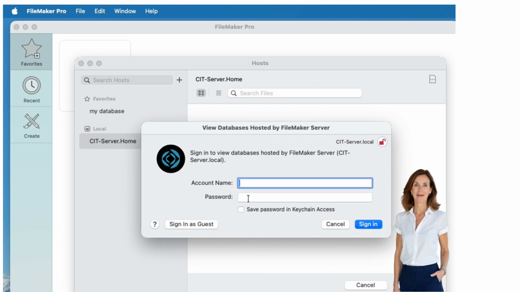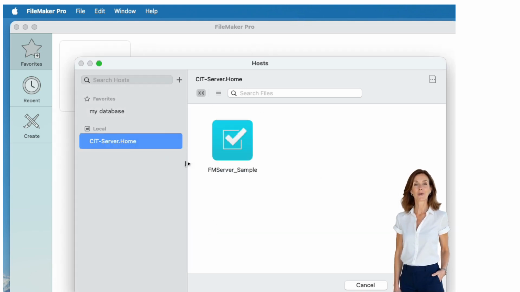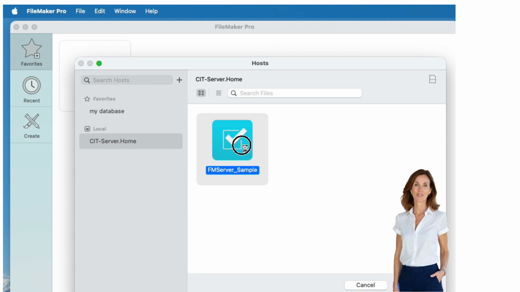Once you put in your name and password, you can click the little box that allows FileMaker to save your password. We have never known this to be a problem for users, and it saves another step in the login process. However, for this demo, I'm just going to click Sign In as Guest, and you can see straight away